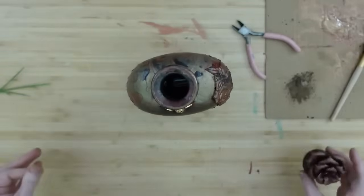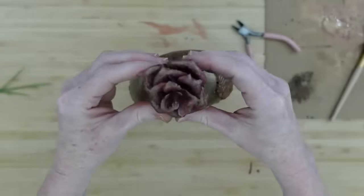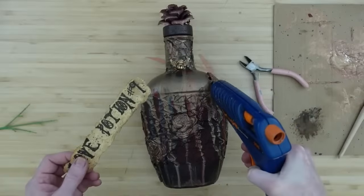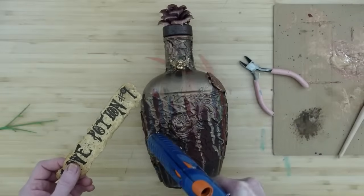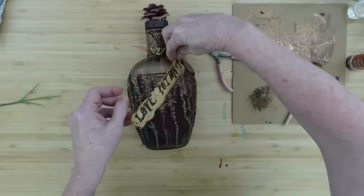Here is our beautiful jar, or our bottle, and we're just going to pop this inside. I'm just trying to decide what angle I want it to be at, and I want it slightly to the side. Now we're going to add our beautiful label, and I'm going to just kind of tuck it around where